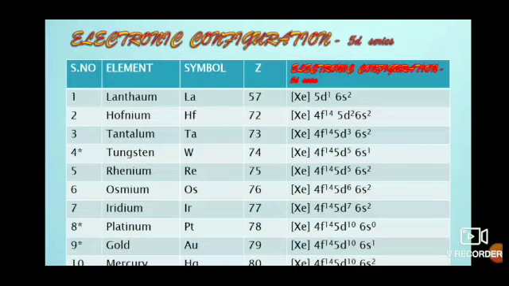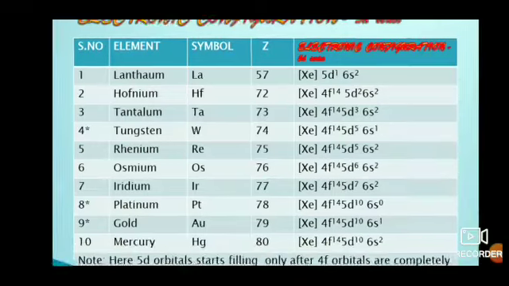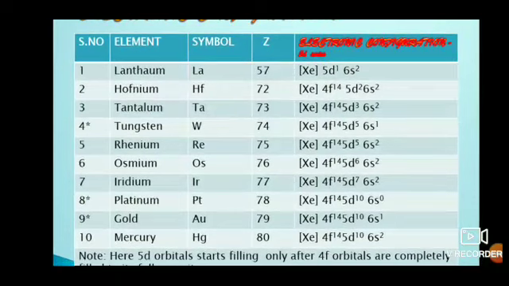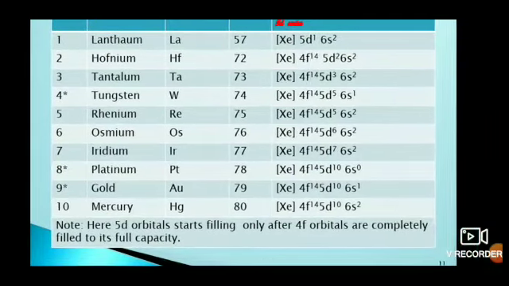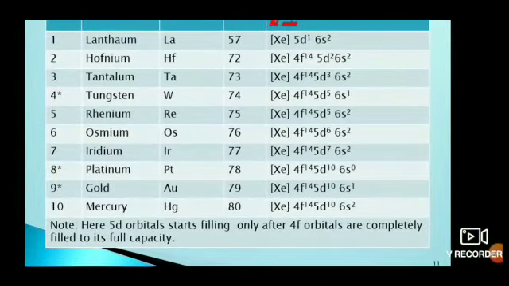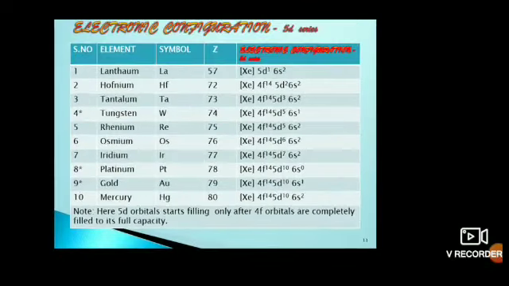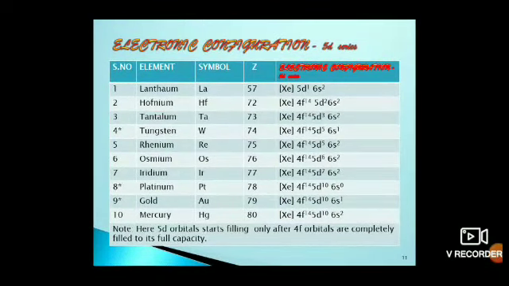So we have to write the electronic configuration like this, taking noble gas configuration for xenon, then 4f14, and next comes 6s2 and 5d2. Here also for tungsten and gold, it is extra stable configuration for half filled and completely filled d orbitals, and the other exception case is platinum. This might be due to electron-electron interactions. So these are the electronic configurations for three series like 3d, 4d and 5d.